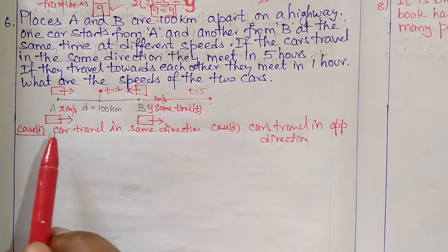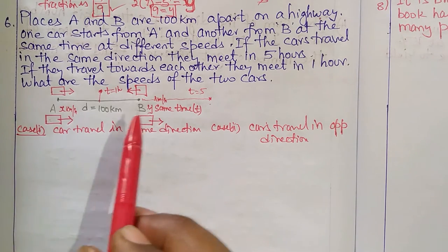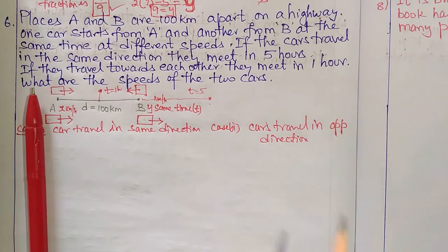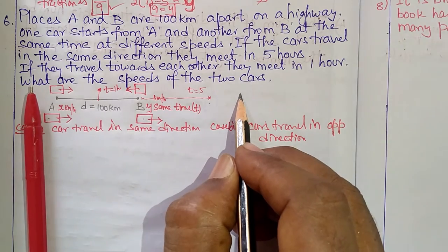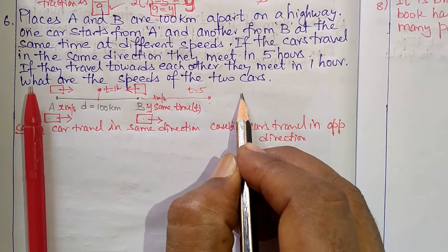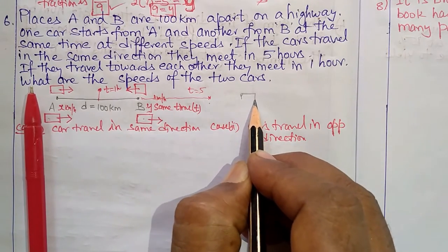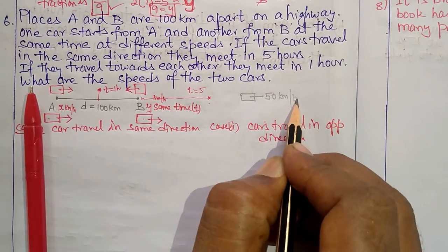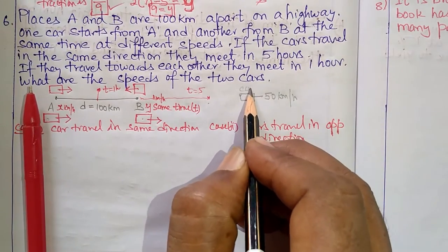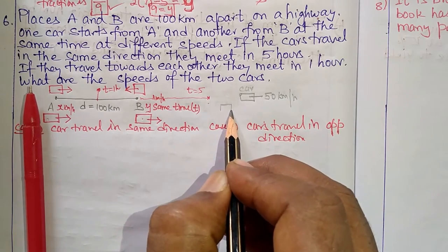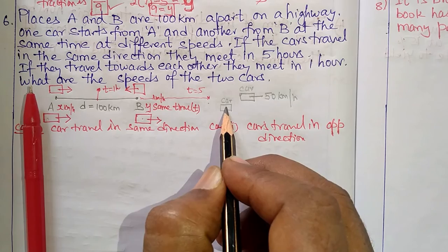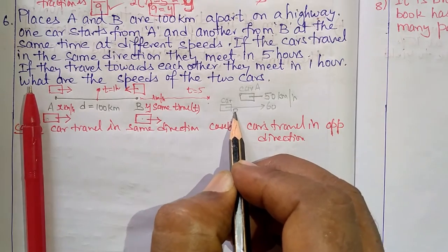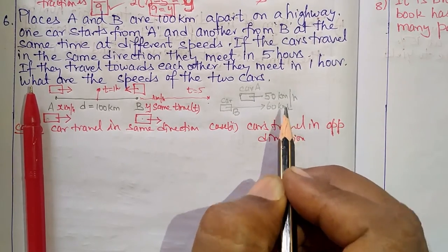Now we have to calculate the speed of the car that starts from A and the speed of the car that starts from B. Here in physics we have learnt about relative speed. What does relative speed mean? Suppose imagine that there is a person traveling in a car at 50 kilometers per hour, and suppose there is another car which is overtaking this car, coming from behind with more speed, 60 kilometers per hour. Let me assume this as car A and this as car B.